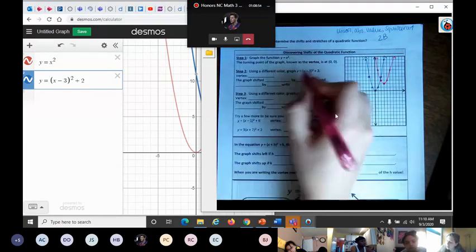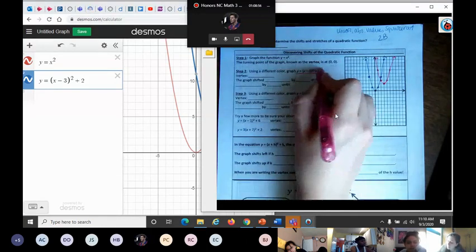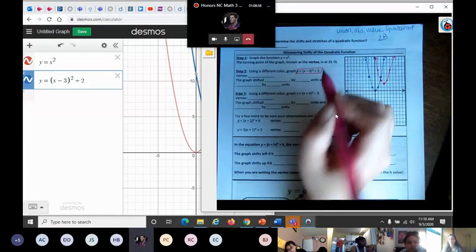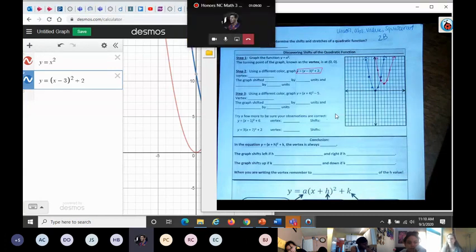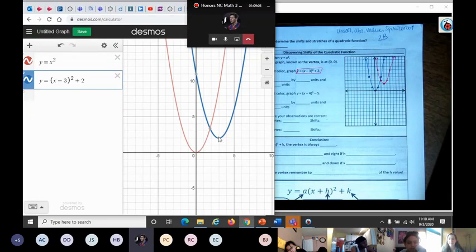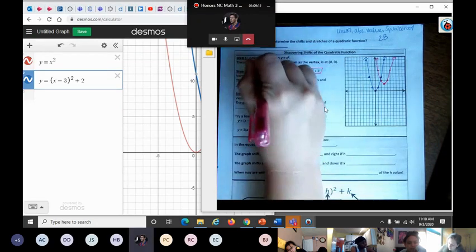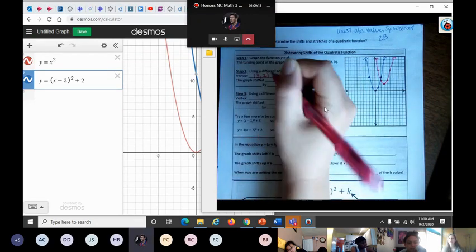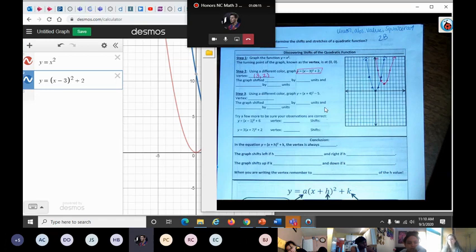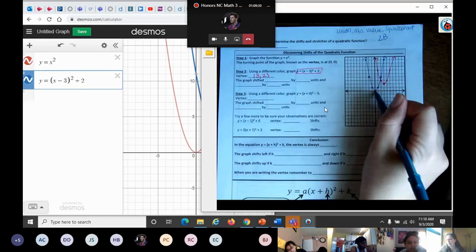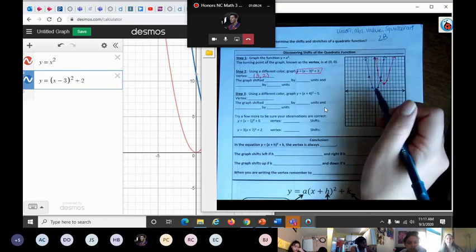So that was this guy. It asks for the vertex. Desmos helped us out and gave us the vertex. It's 3, 2, so I'm going to write that in. And then it asks us how the graph shifted. So if I'm starting from my original parent function and I'm trying to get to the pink function,